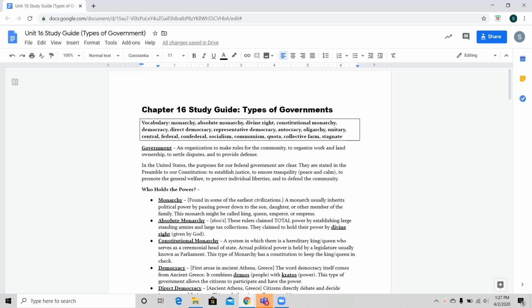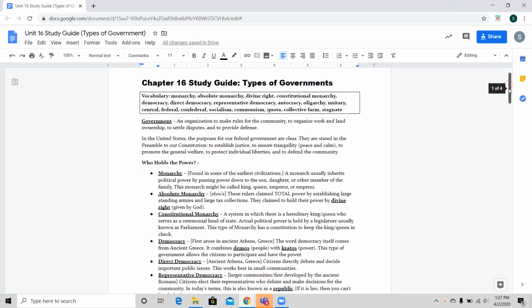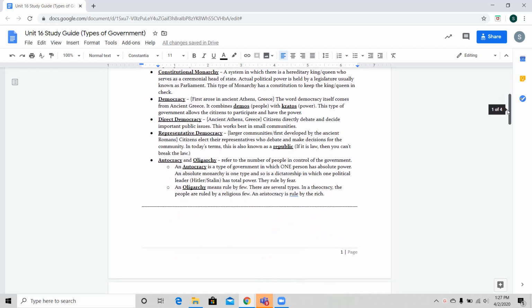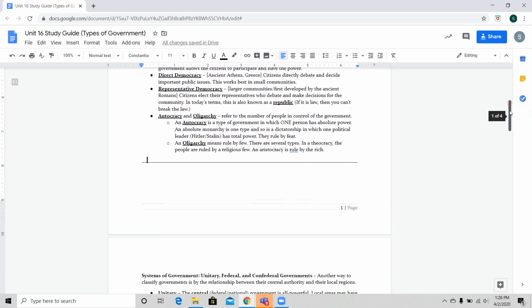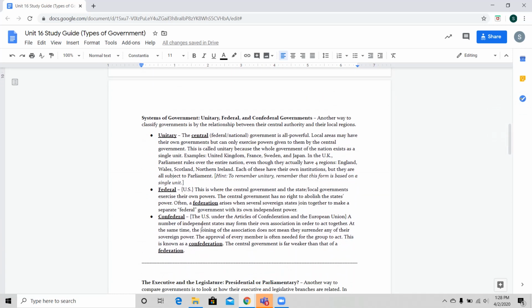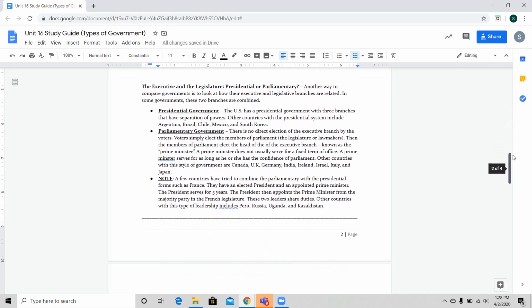If you notice on page 1, the whole page is going to be chunk 1. Put a 1 on that page, and the line at the bottom shows the end of chunk 1. On the next page, the top where it says the nations and its regions is chunk 2. The bottom half is chunk 3, where it says the executive and the legislature. Pages 3 and 4 are going to be chunk 4.